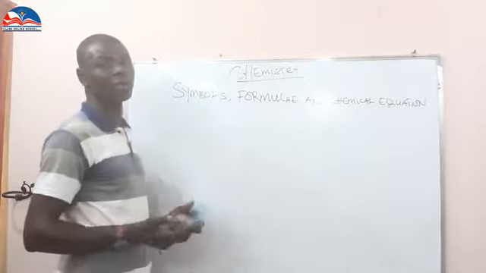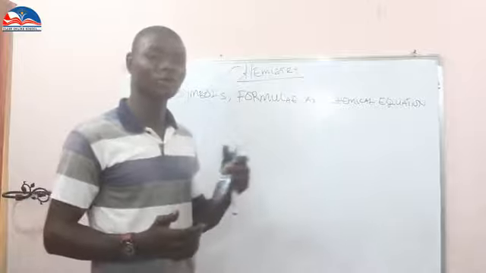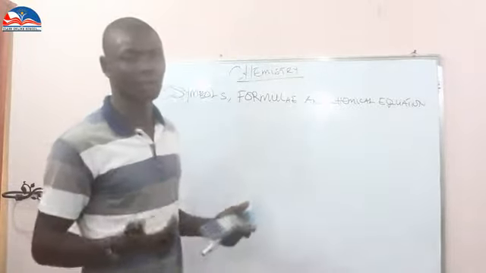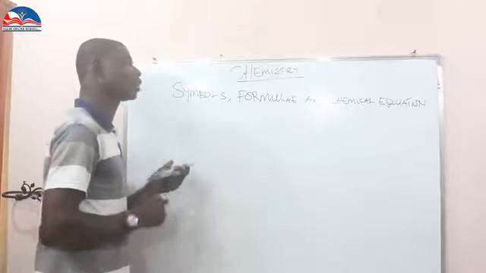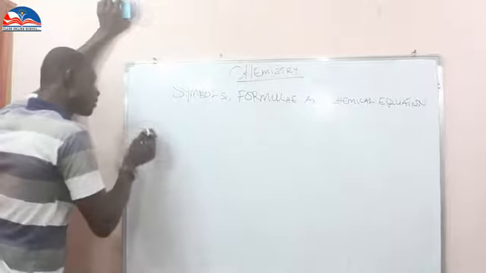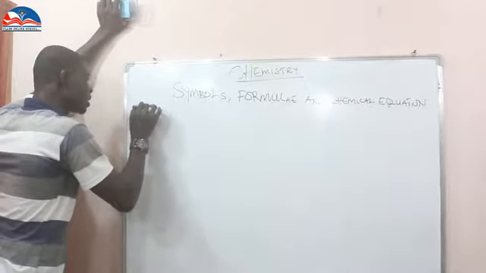Now, here we are going to get at least 20 elements or thereabout with their symbols so that you will know them. Now, following the 20 elements which we have counted so far,